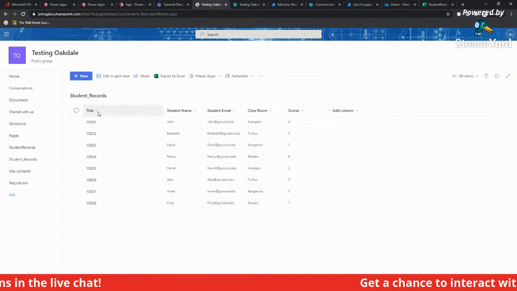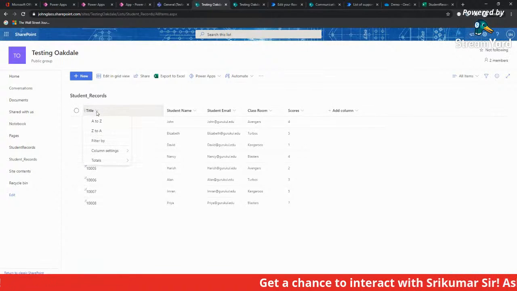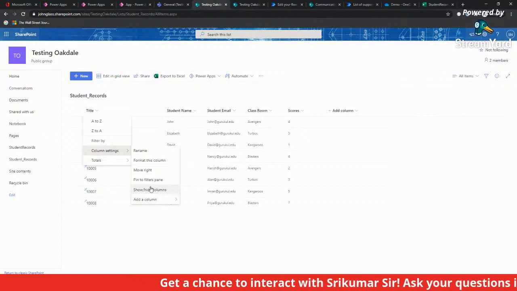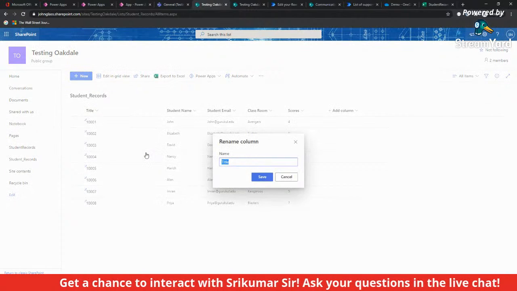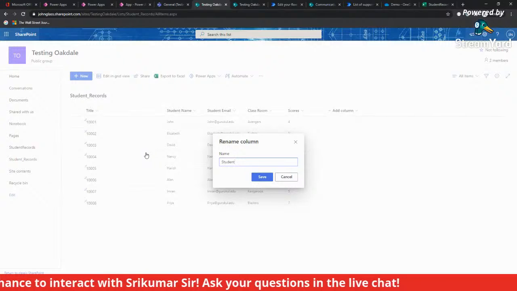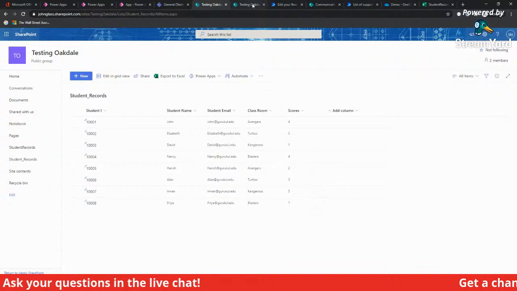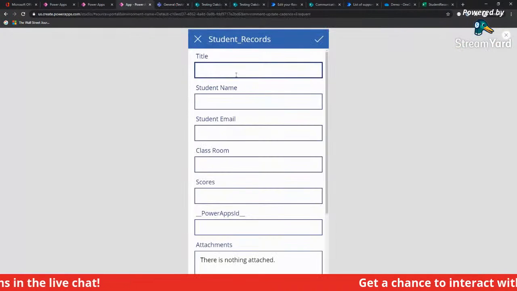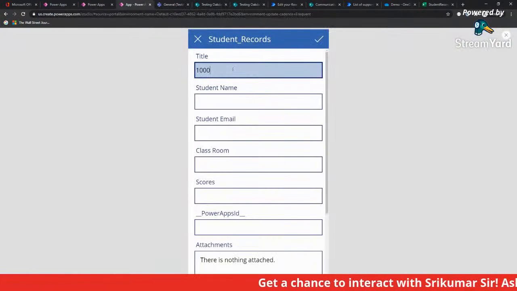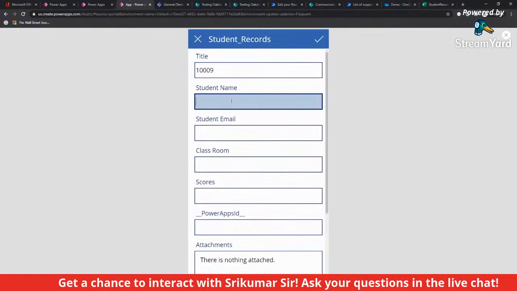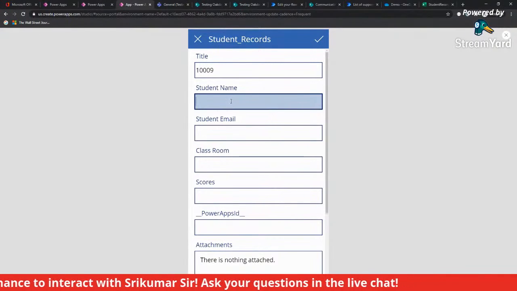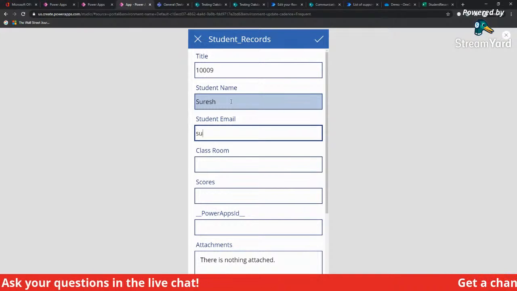All right. So if you see here, SharePoint already added some name. I can change the name back to what I wanted earlier, which is student ID, so that it makes more sense to me. But at the end of the day, I just wanted to show you that the student ID is what came across here as the title, which you could have changed had you been careful before you actually created the app on it. And let's just say a random name, Suresh at Gurukul.